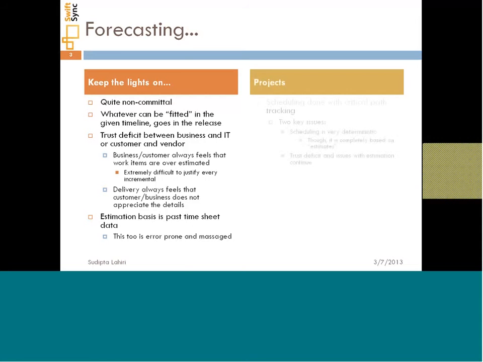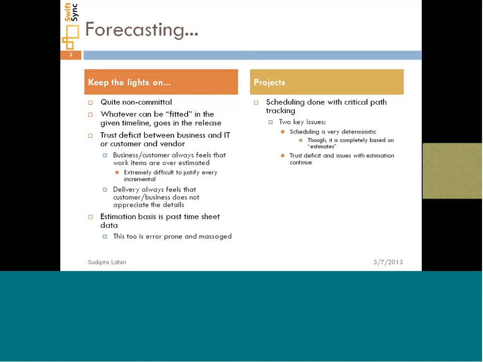On the other hand, as far as projects go, forecasting is based on critical path planning, and the entire project focus is on making sure that the critical path stays within the deadline.